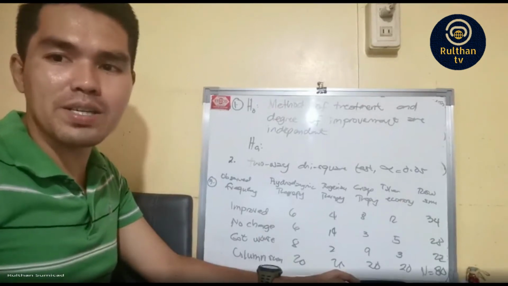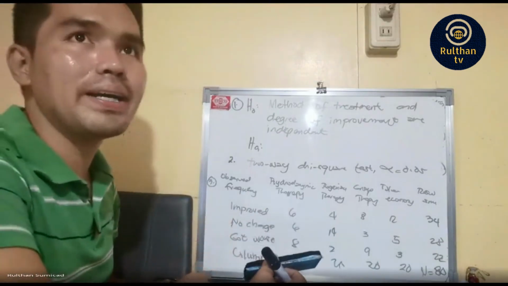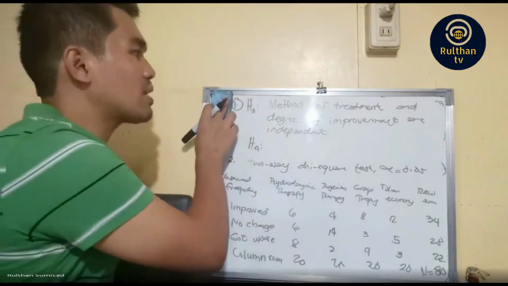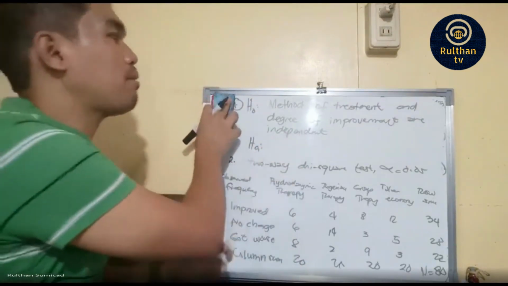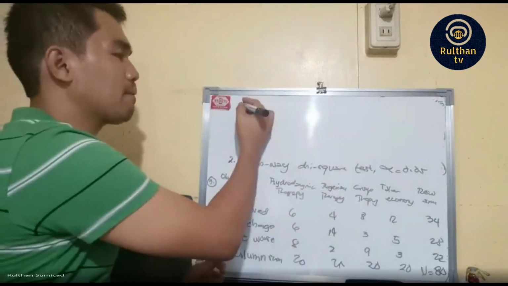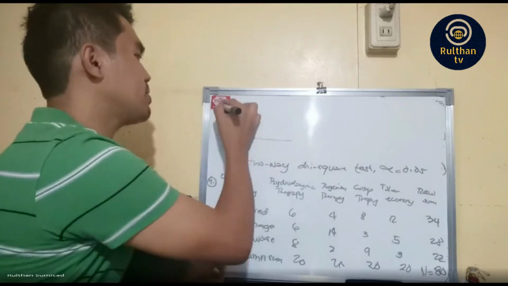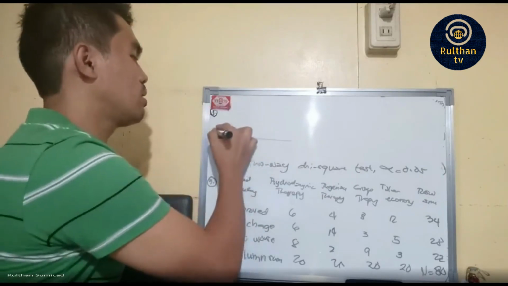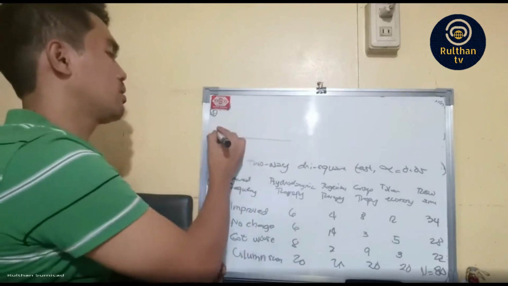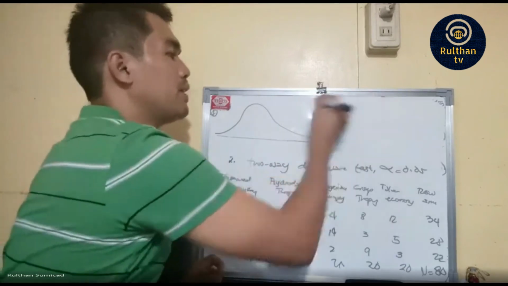Now for the rejection region, you notice that this is no longer a one-way chi-square. Since this is two-way, I'll just erase this one first. Just take note of our hypothesis. What we're going to do here is have first the diagram. This is step 4. And then we need our